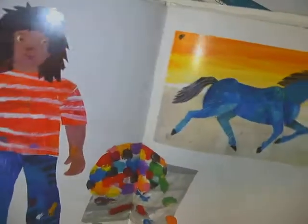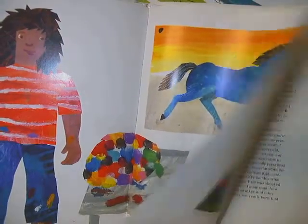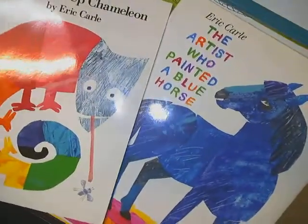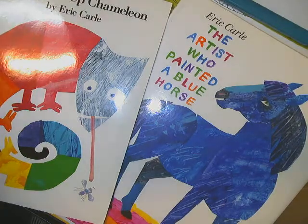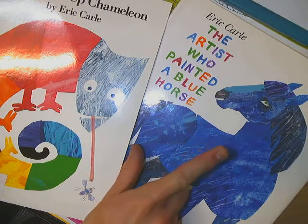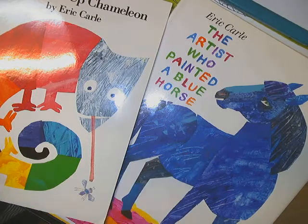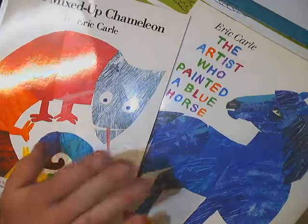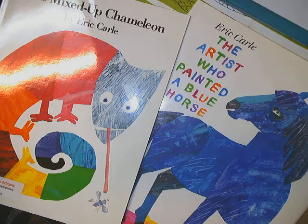sorts of different artworks. So, we're going to be a little bit like Eric Carle and use our amazing talent to create some surreal animals. So, surreal means abstract and not like reality. So, if you painted a real horse, it wouldn't be blue, but a surreal horse might be blue. It might be even more imaginative or polka dotted like the donkey at the end. So you're going to think like Eric Carle and work like Eric Carle, and we're going to be surreal and